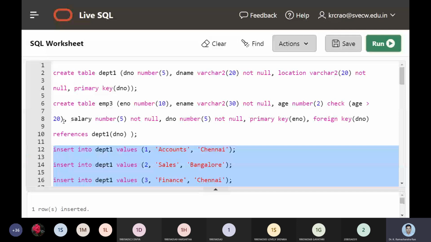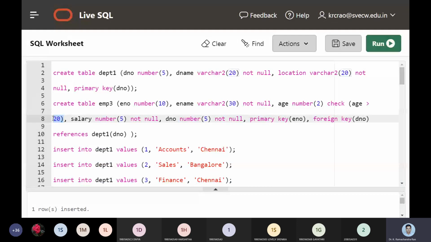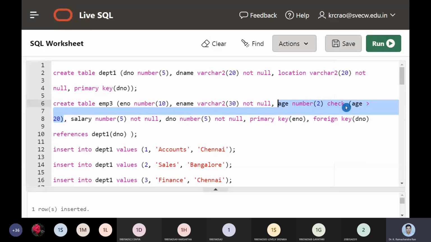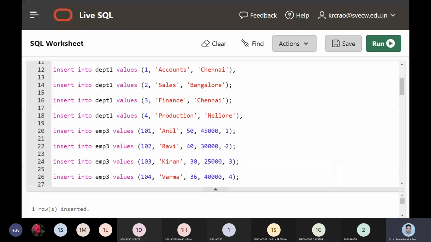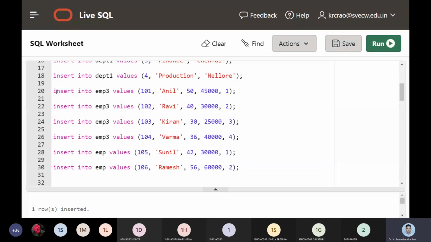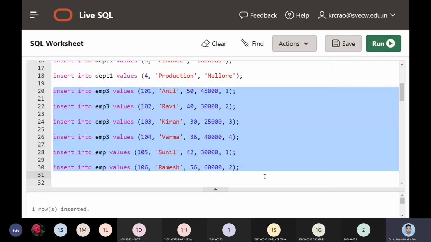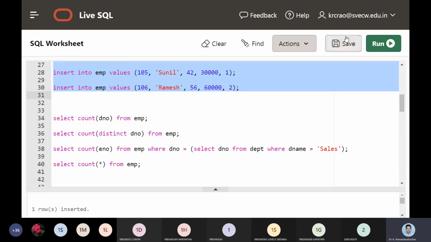The compulsory condition was that it should be greater than 20. You should understand this. For age, there was a domain range check that it is greater than 20, and the salary was 5, etc. So we are going to put this into the second set, that is the employee 3 table. I'm hitting the run button.